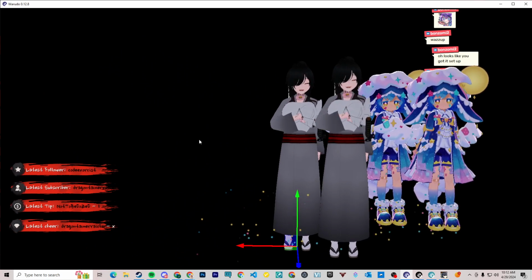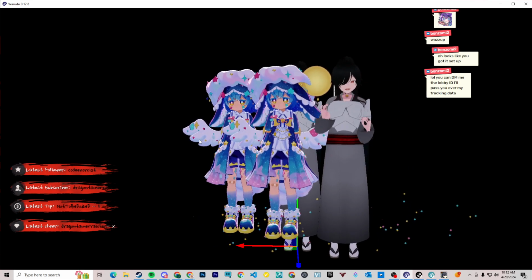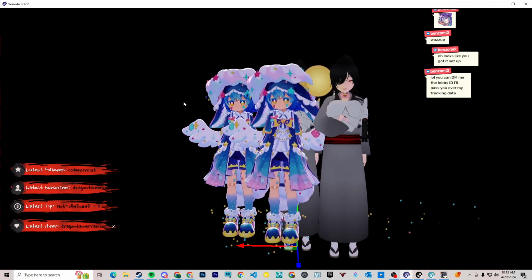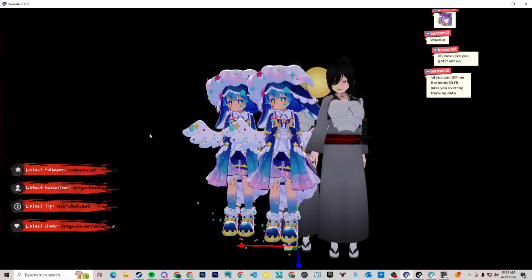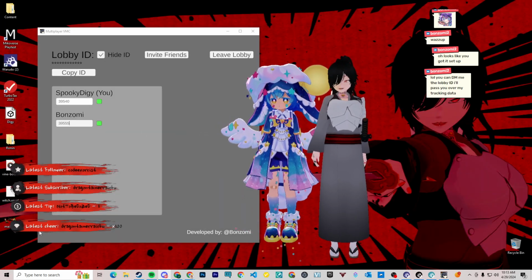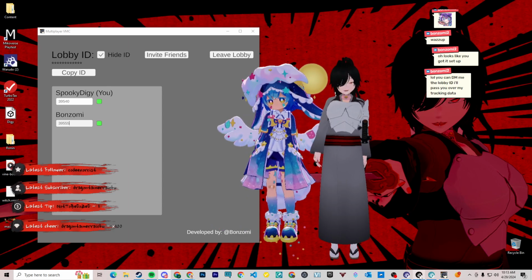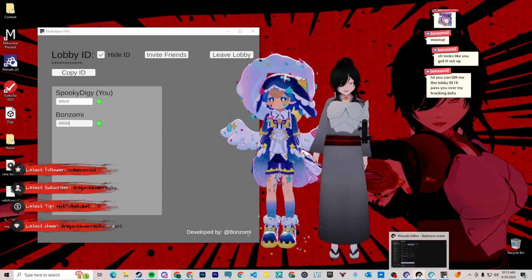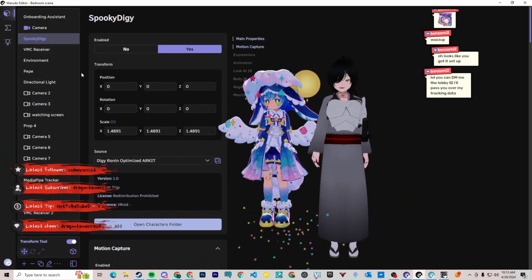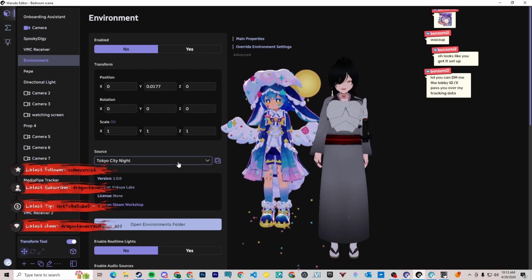There we go. Yeah, I guess it was just the environment and I shifted over the model. Okay. You can turn on the environment and then adjust the offsets for me as well, if that's what you prefer. But yeah, here's what you can do with it. And the blend shapes are transferred over as well.